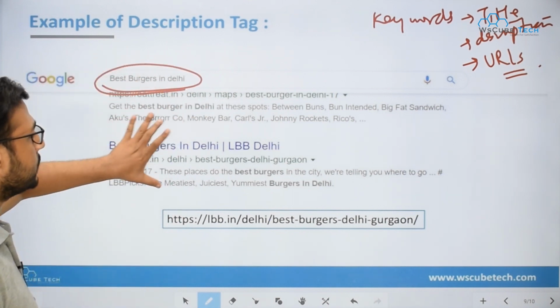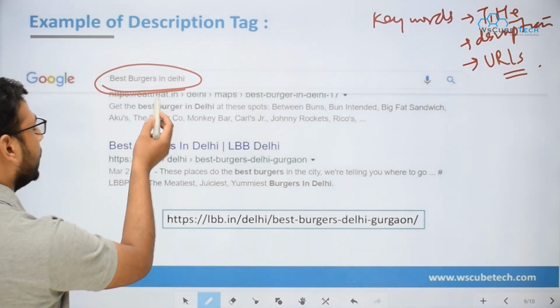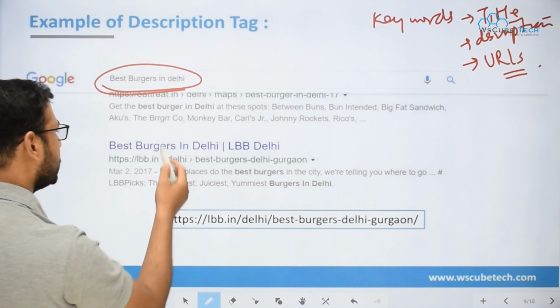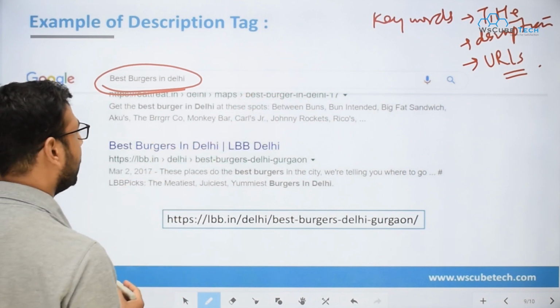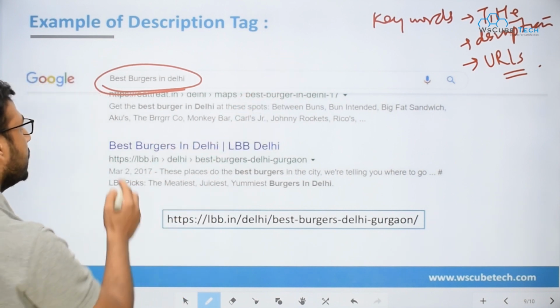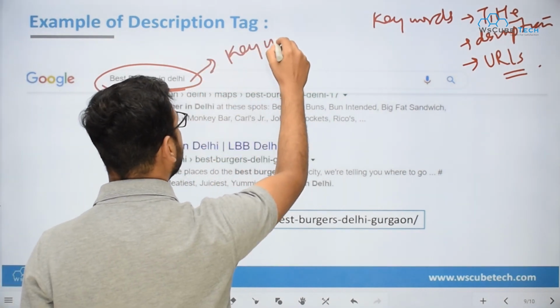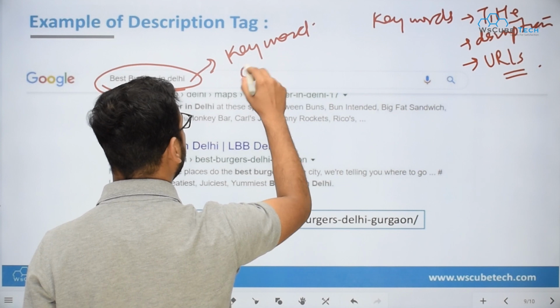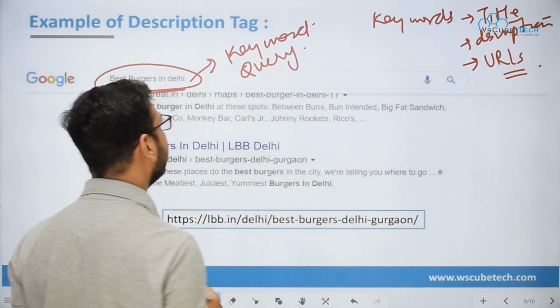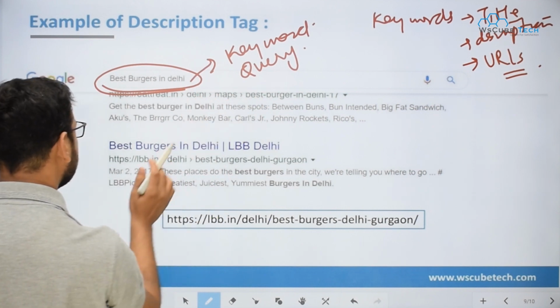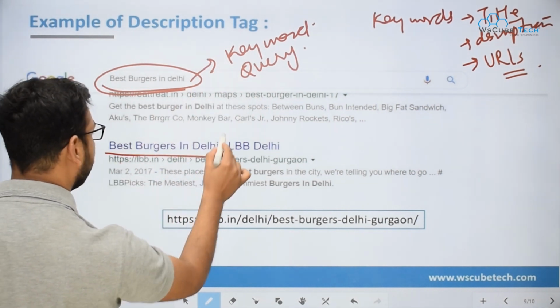Now you just look at this particular result, right? Let us audit on these parameters whether the keyword is present in all those on-page elements or not. Best burgers in Delhi is the keyword that we are searching for, right? This is basically the keyword, or you can say the query made by the user. Now this particular query, or keyword, is present in the title. Fine.